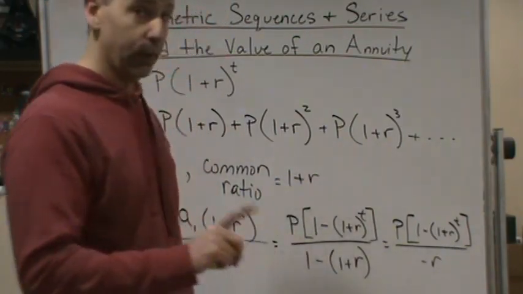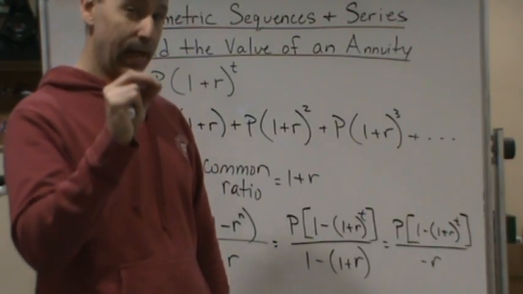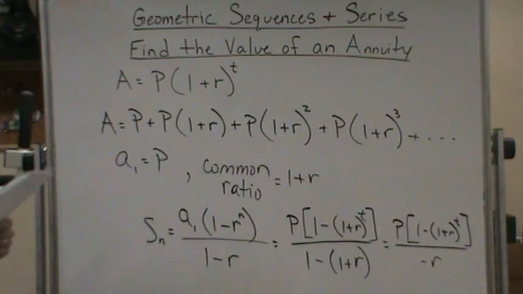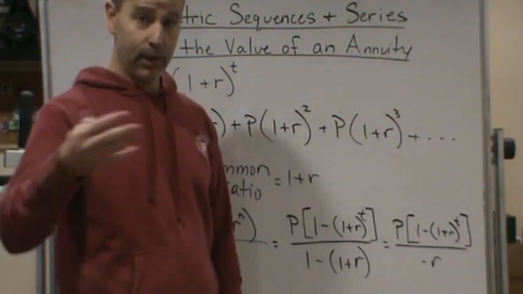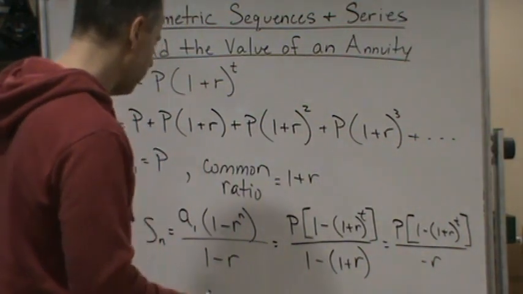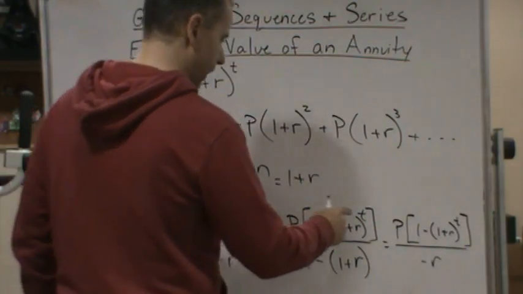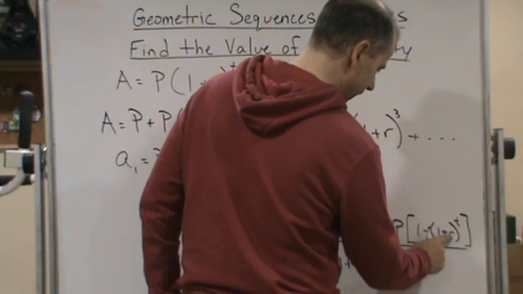So now what we're going to do is we're going to add N, but in this case, remember, N in this case represents the number of compounds per year. Okay? So what are we going to do? How are we going to do that? Well, in order to do that, we have to divide the interest rate by the number of compounds because we have to divide the interest rate over the number of compounds over the year, right? So all we have to do is add the N. So we're going to take the annual interest rate, and we're going to divide by N,